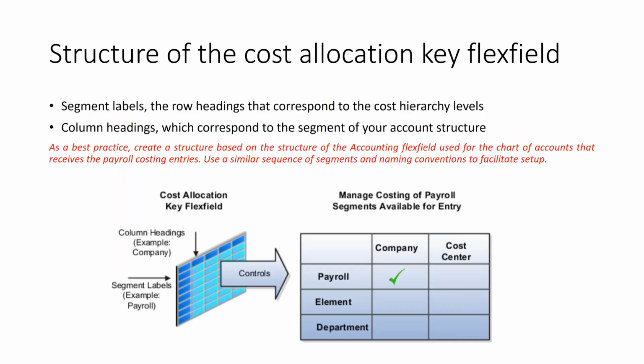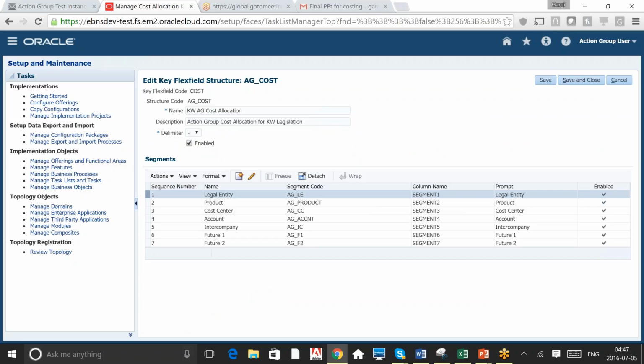Now, here I have detailed a bit on the different features of this cost allocation key flexfield. If you are new to Fusion payroll and costing, all these things may not make a lot of sense, but if you have already implemented Fusion payroll or EBS payroll, you may be able to understand that the level that we use for the cost allocation key flexfield is important, because that is where exactly the cost goes. So if we go back to the cost allocation key flexfield, you can see that in this